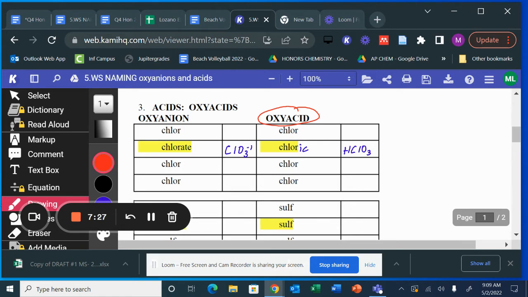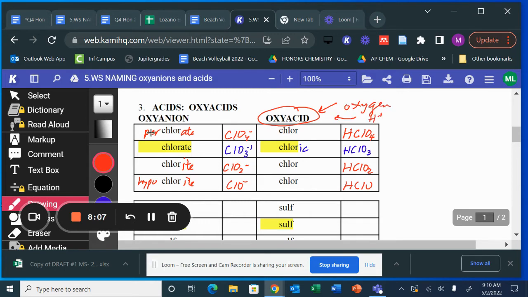Here's an example. This is chlorite, hypo, and per. So it's ClO2 minus, ClO minus, ClO4 minus. Now, if you want to change all of these into acids, since they're all minus 1, each of them will need one hydrogen only. HClO2, HClO. Now, all of these are oxyacids because they have oxygen in them, and they have the H+, which